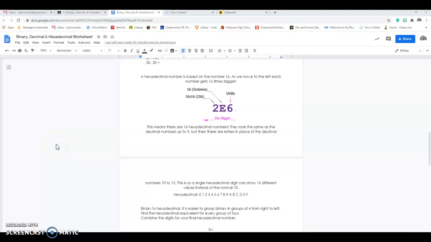Okay, in the last video we talked about how to convert binary to decimal and decimal back to binary. Now I'm going to show you a little bit about hexadecimal numbers. If binary was a base 2 system because there were two options, 0 and 1, decimal is a base 10 system because its options were 0 through 9. A hexadecimal number system has 16 options, and since we run out of single digit numbers, they started